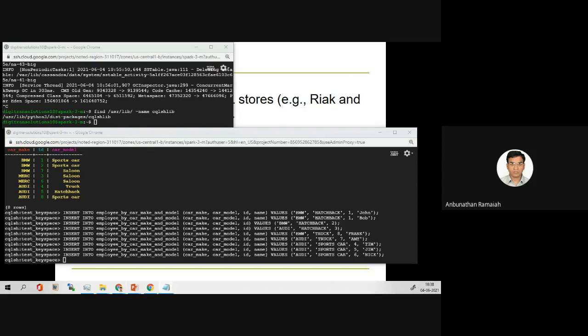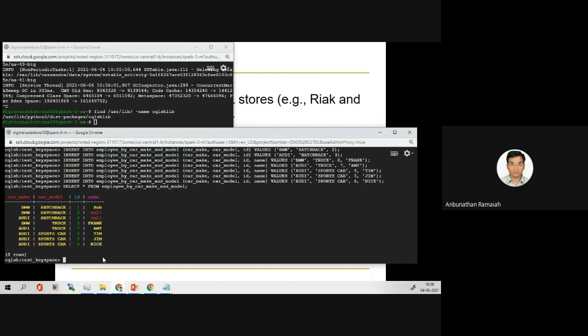So select star from employee. Here in 2 records null is there because we have not given the data. That is the one change here.